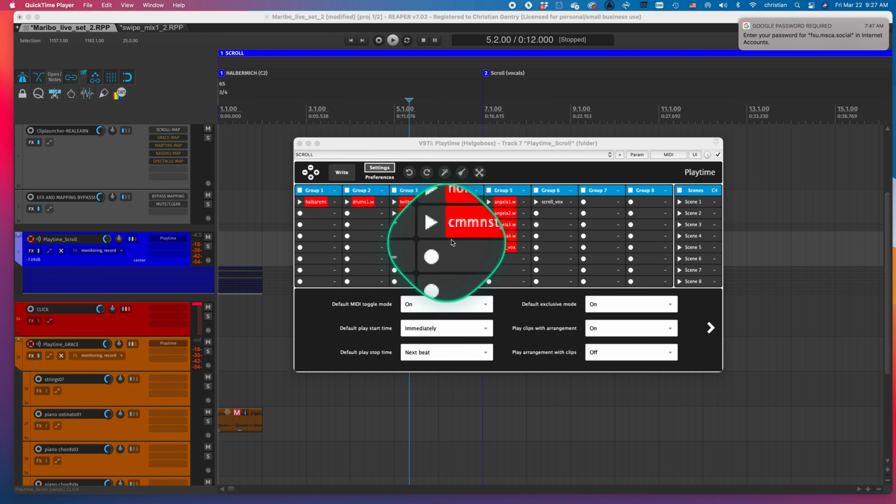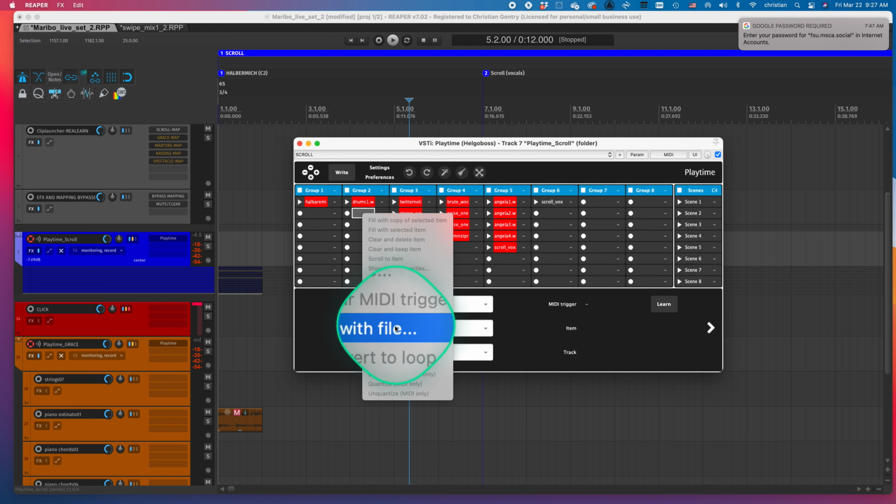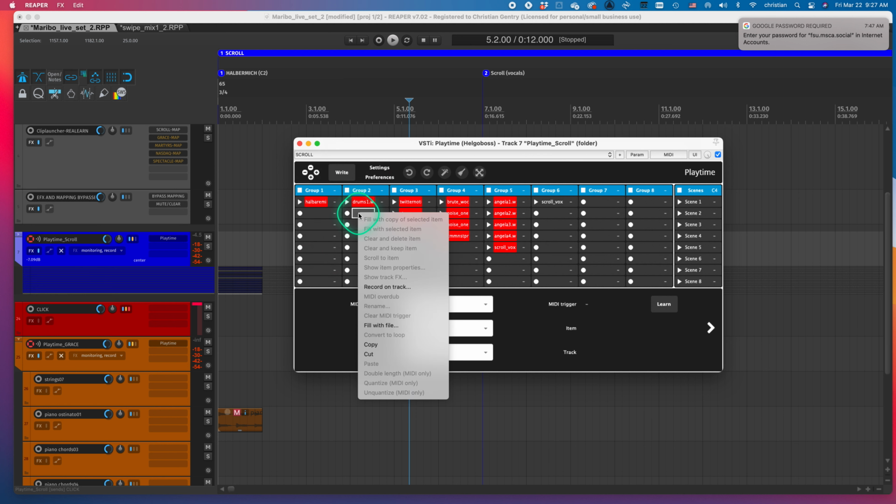Now that you have the overview of this, you're just loading these files in. Every time you load a file in, if I right click here and fill with the file, there's a lot of ways to do it. For example, this is similar to how you can create a sampler in Logic and Live. I'm a little rusty on this because I usually just drop the clips in. But if there is something selected, if I right click here, you see these are all